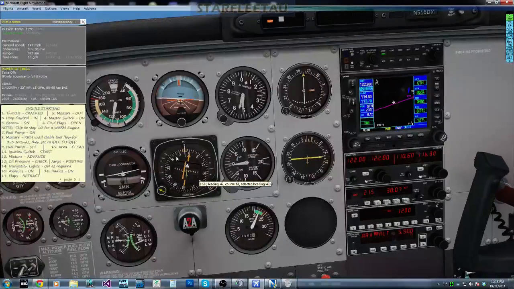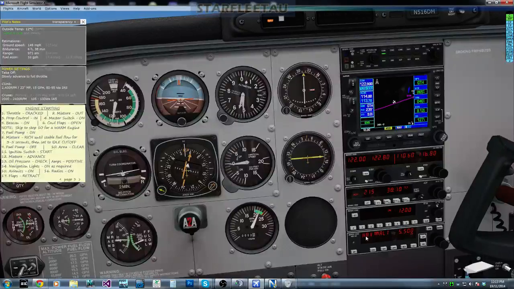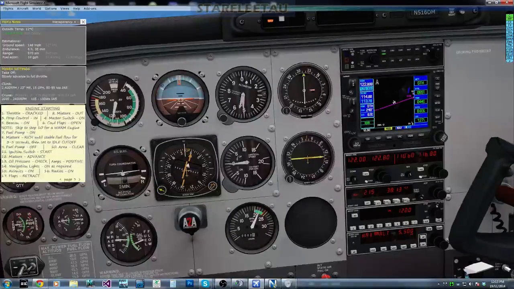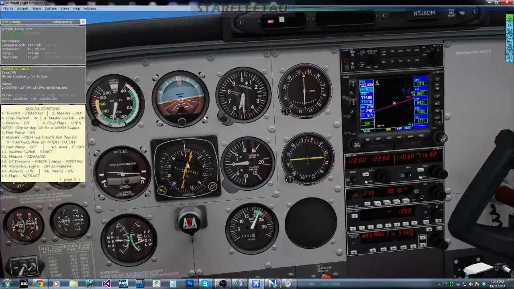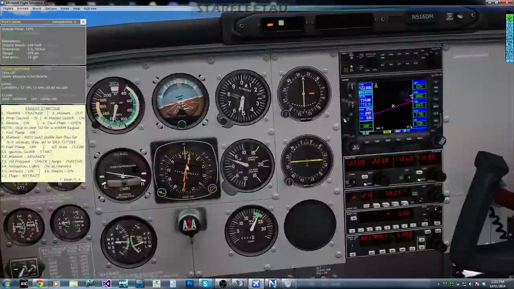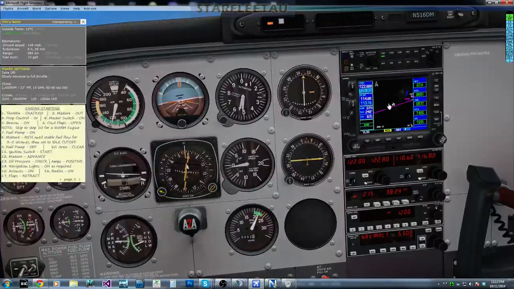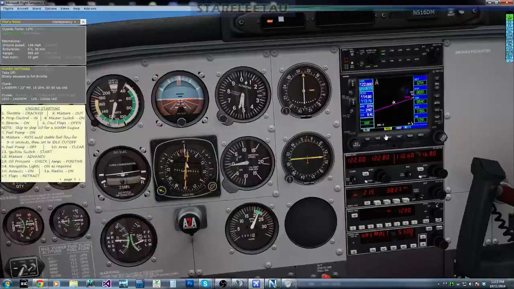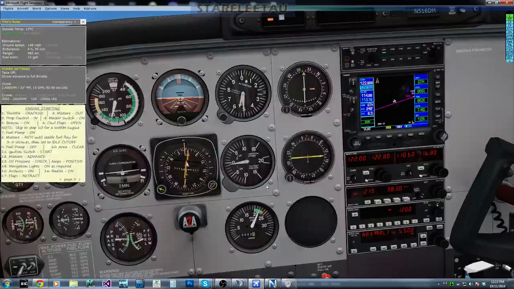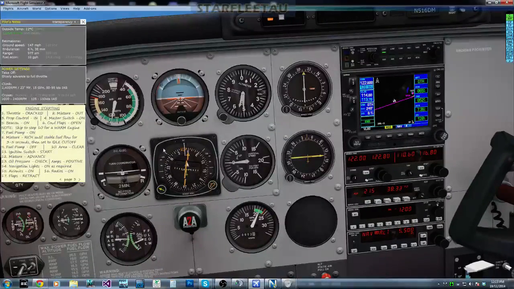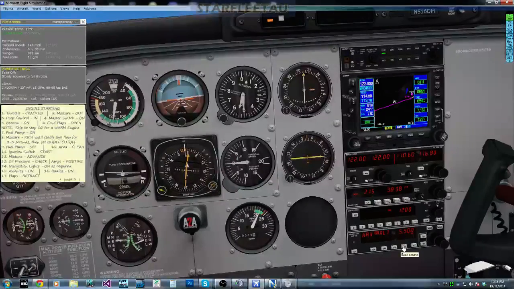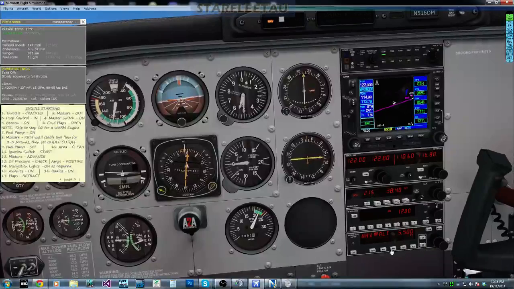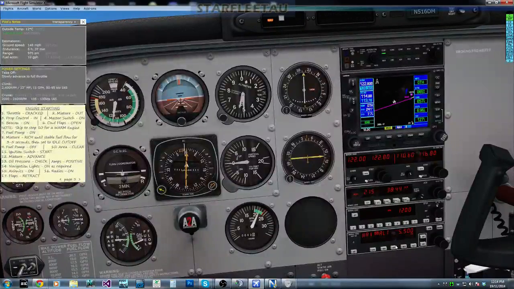So, okay, when we hit, as you'll notice, as we got closer, it switched over to nav, so now it's going to do its best to hold nav, and we've got two modes. Again here, we can couple the navigation to our GPS unit, or we can couple it to our navigation source, which of course is what we're on at the moment, which is our VOR. We have approach hold and back course, which allows us to backtrack on an approach hold, so we can tune in an ILS and basically do an ILS approach